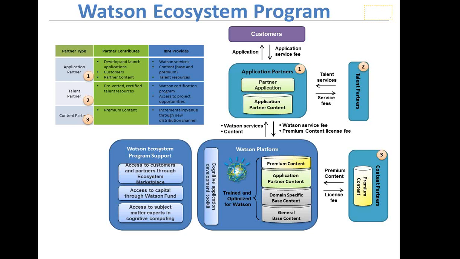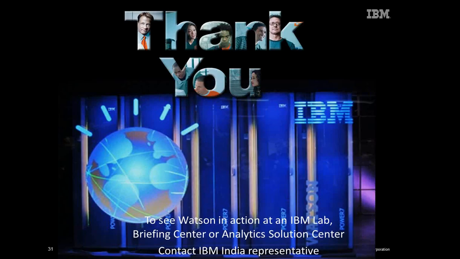And a third type of partner is a talent partner who understands these APIs, who brings the brains to build this new set of applications. But predominantly, we are looking for application partners at this point of time. And from the Indian point of view, application partners and talent partners is what we are mainly looking for, because content partners are signed up a lot from mature markets already. So I hope you have got a fair understanding